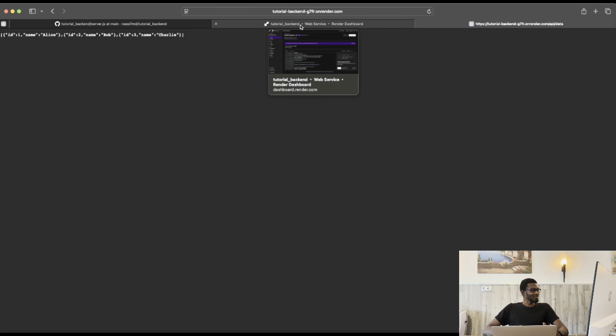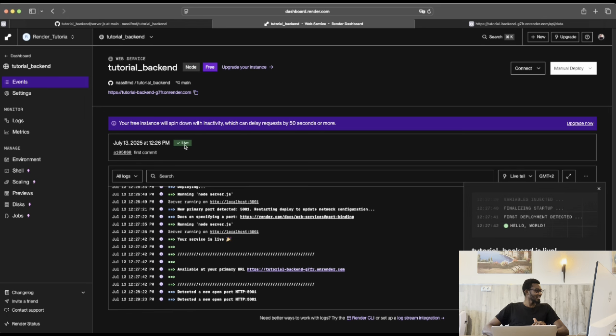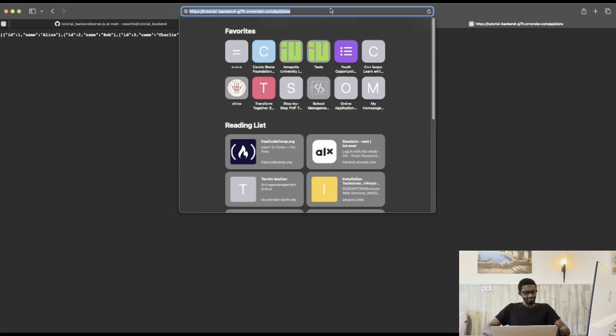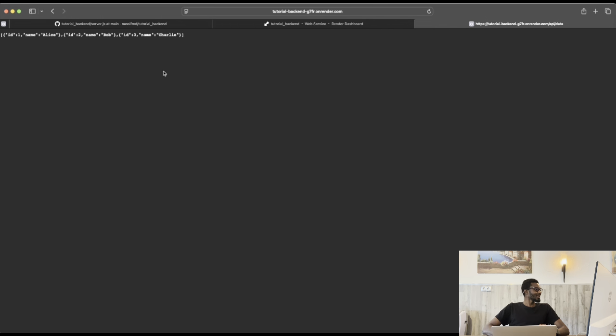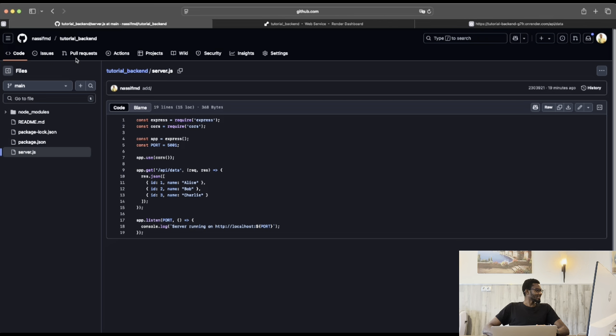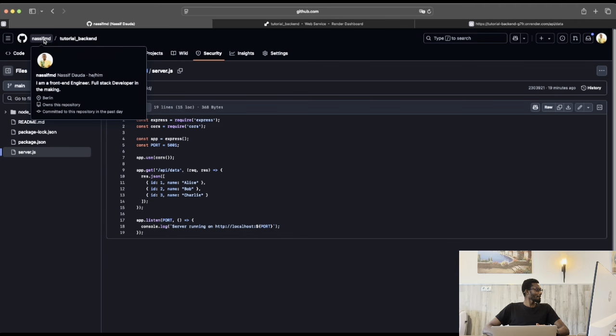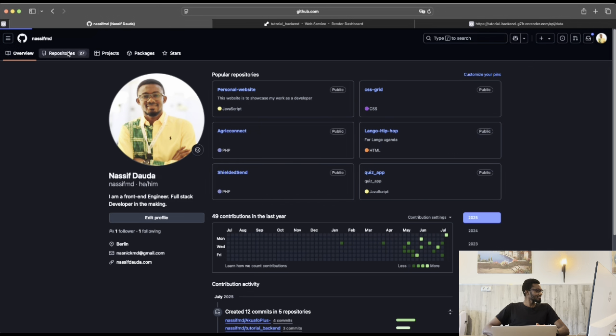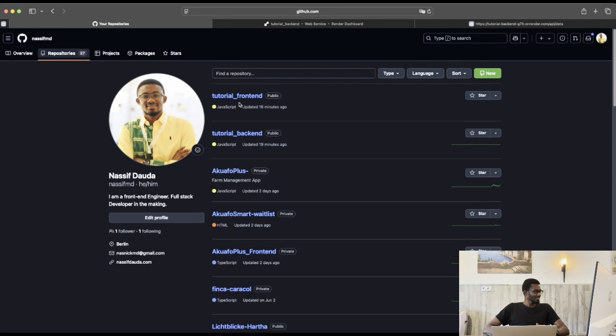So now what we are going to do is we are going to connect our front end. We are going to now host our front end as well, and then we are going to also connect the front end to the back end. So what we are going to do now is we are going to pick this URL. So we pick this URL, and then we move to our GitHub front end,